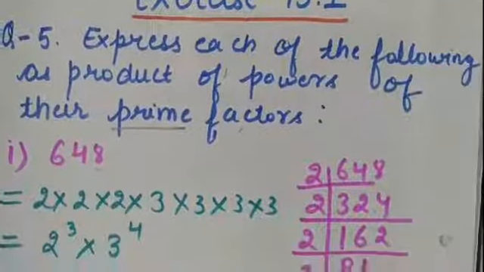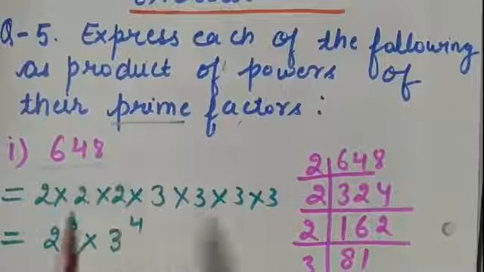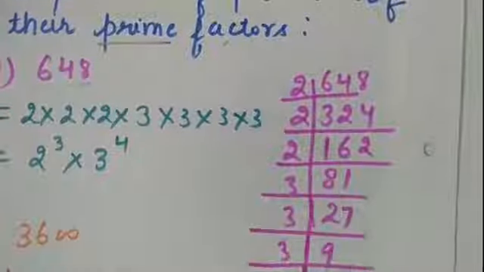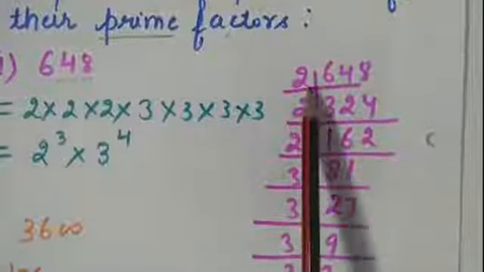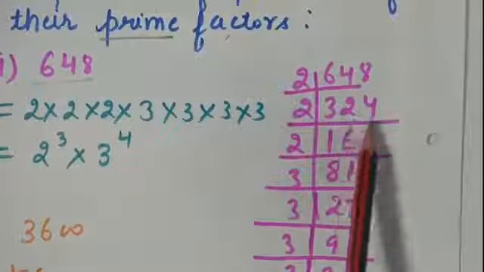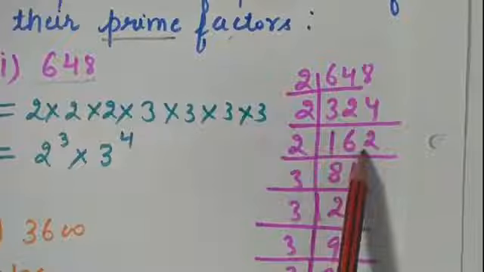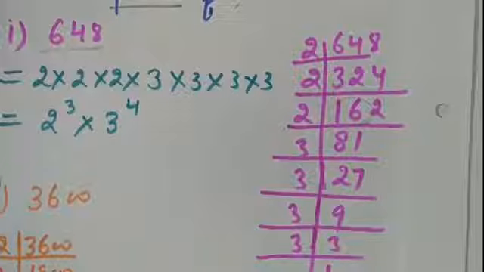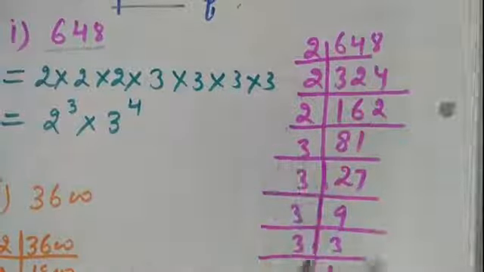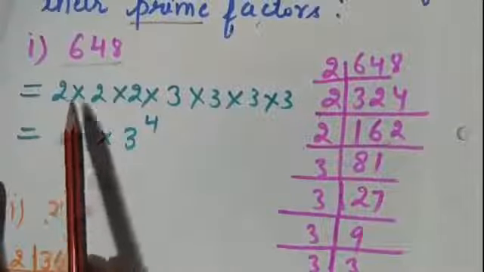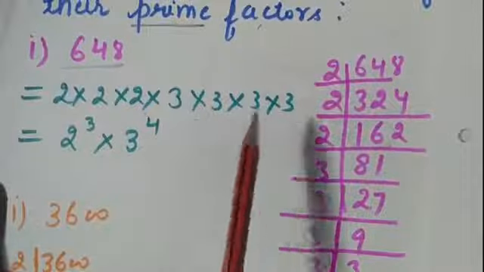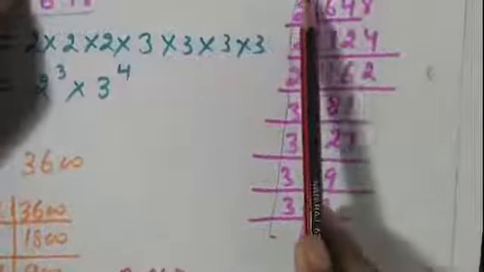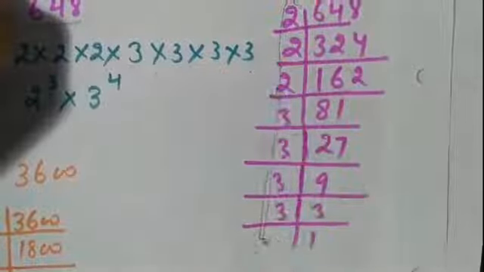Okay, so this is the first part. I am taking 648. For that I have to take the prime factorization of the given number. Here I have taken the prime factorization. So this number gets divided by 2 to give 324. Again this number gets divided by 2 to give 162. Again, so this is the prime factorization. This you have done many times, so I am not explaining this. So 648 can be written as 2 into 2 into 2 into 3 into 3 into 3 into 3. So this is the multiplication of prime factors.